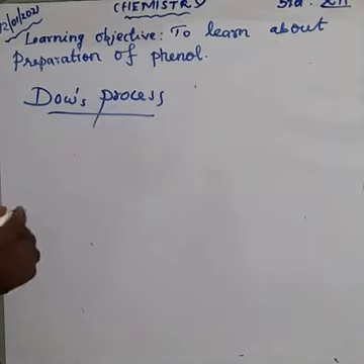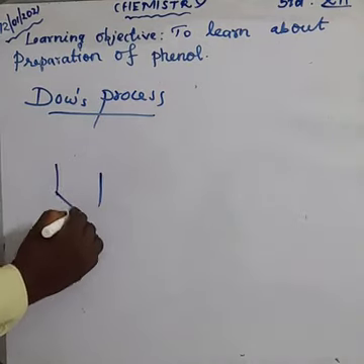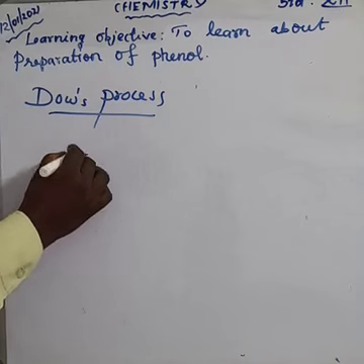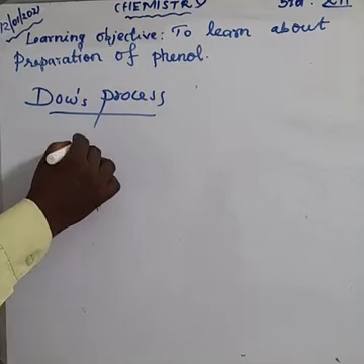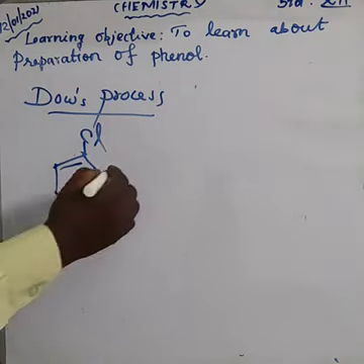First of all, we are taking the reagent chlorobenzene. That is benzene, this is about the benzene carbon, am I right? Here I am adding one chlorine. So the name of the compound is chlorobenzene. This chlorobenzene on hydrolysis with